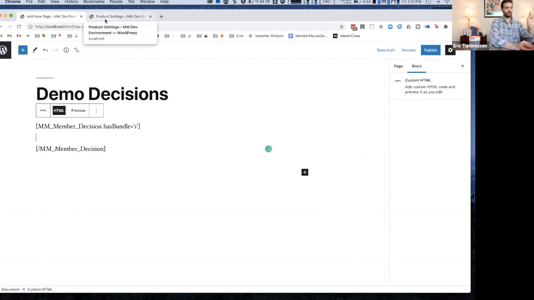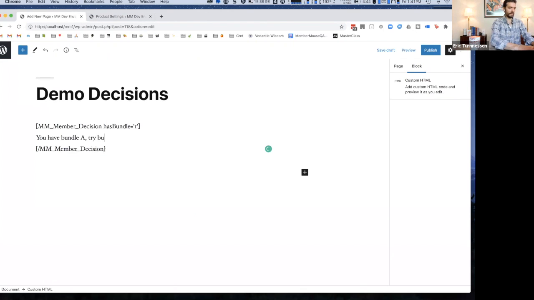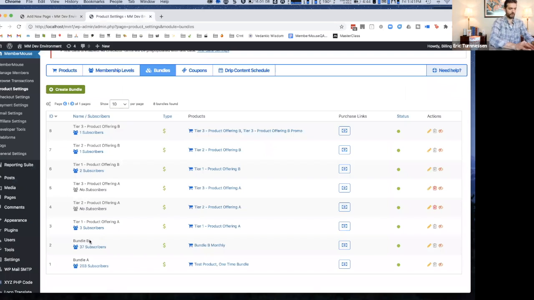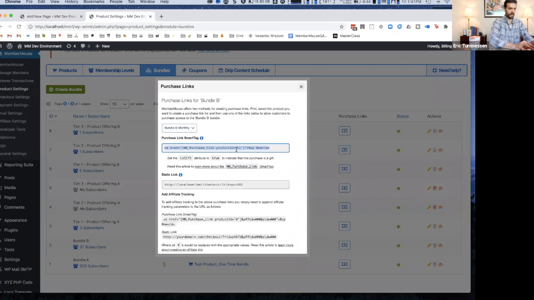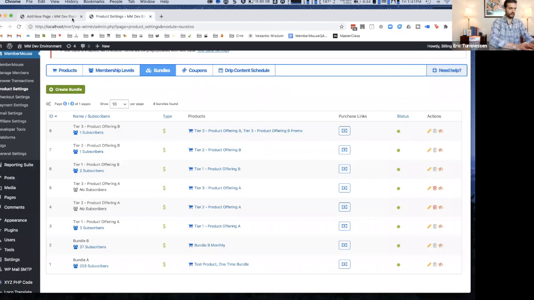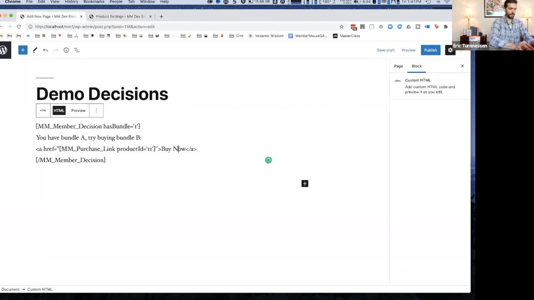So if the member looking at this page has bundle 1, then we'll want to show them something that says you have bundle A, try buying bundle B. And then we would go grab the purchase link for bundle B. So here's bundle B. The way you get the purchase link is click this button, select the product, and then just copy this purchase link smart tag and paste it in there by bundle B. Okay, then I'm going to copy this whole thing,